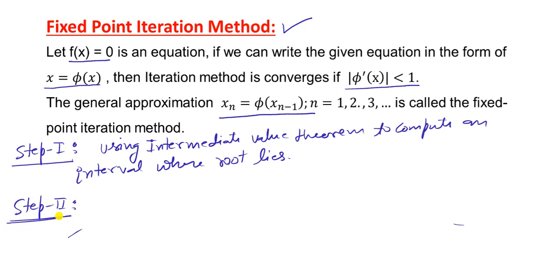In step 2, the given equation f(x) = 0 is written in the form of x = phi(x), and check the condition that modulus of phi dash x should be less than 1. If this is less than 1, then the iteration method converges. After that, that is in step 3,